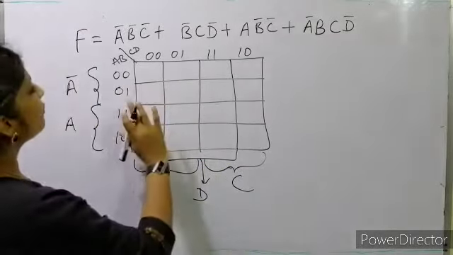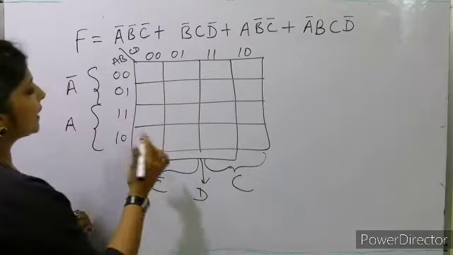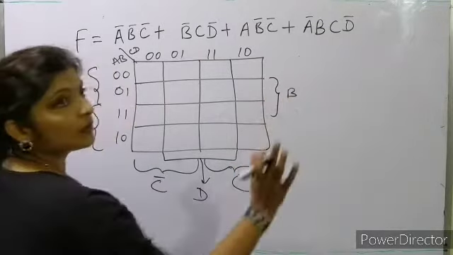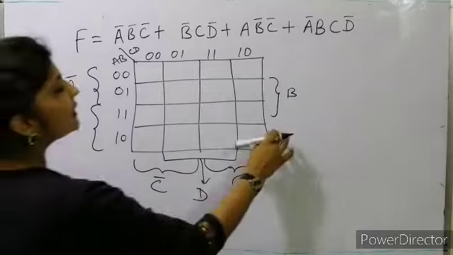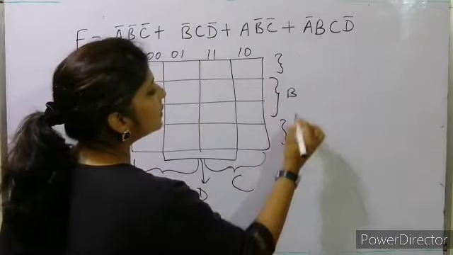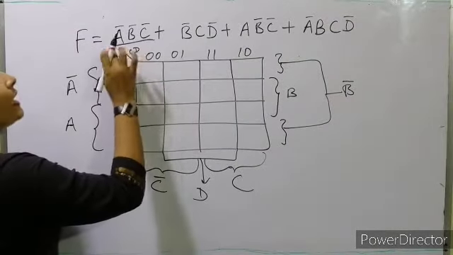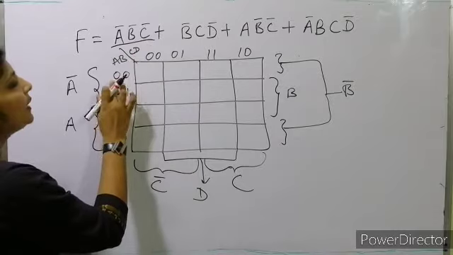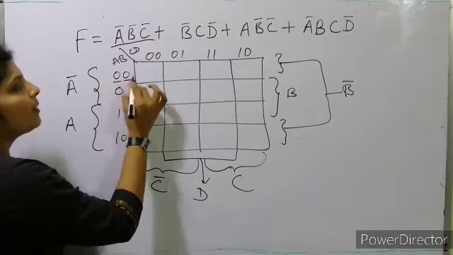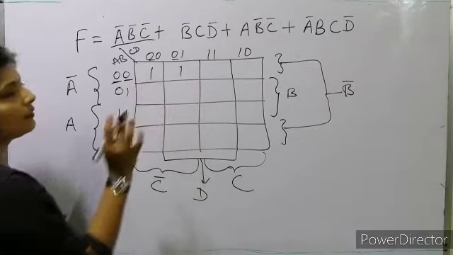Now we will see for b and a. For a we have taken, so for b, in these two b will be 1, and otherwise in these two, this one and this one. So first one we'll take this one, a bar, b bar, c bar. So a bar, b bar and c bar, a bar, b bar and c. So both will write 1.